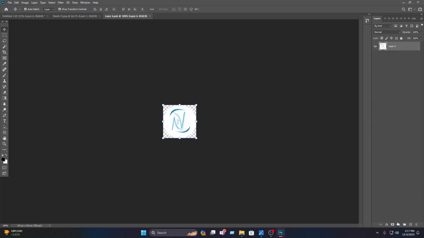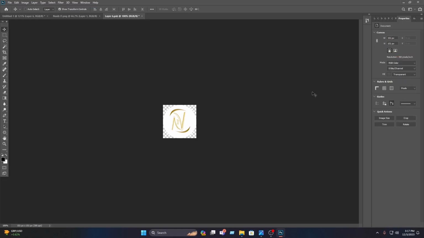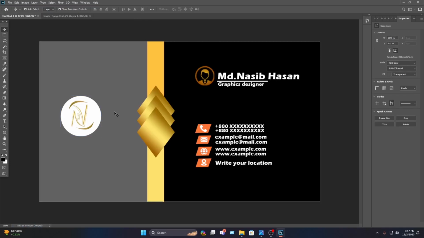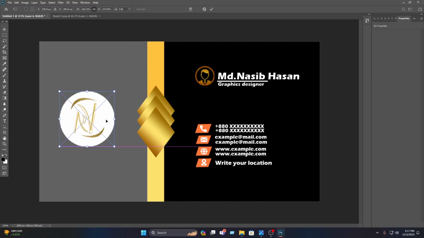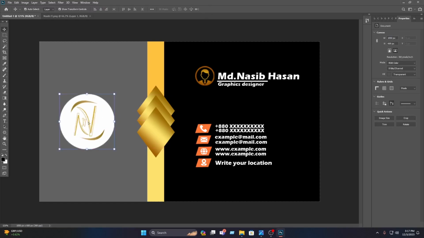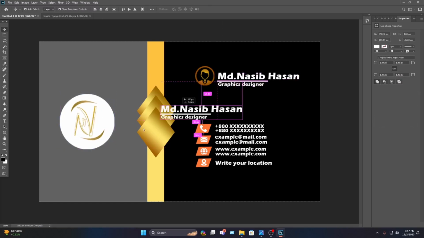then you have to select this, then click on here, then you have to select this, then you have to press Ctrl plus S from the keyboard, then you have to select this, then increase the size of this, then drag this in here, then click on the tick mark, then you have to select these layers, then press and hold the Alt key, then take a copy